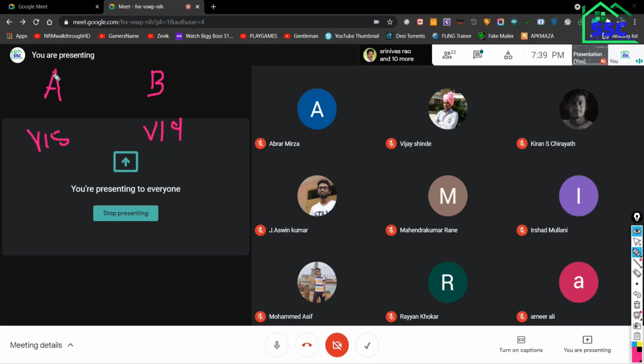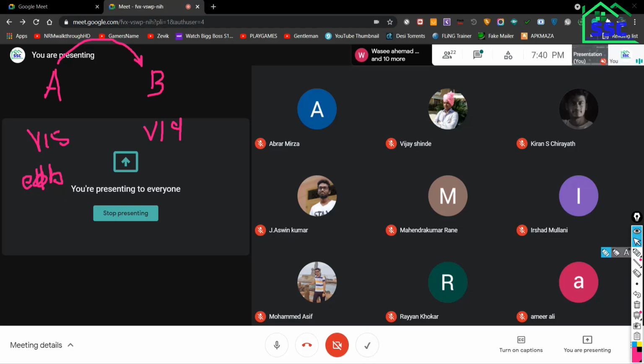Now person A has to share the file with person B, and the version difference is there. If the 2015 version file is sent to the 2019 version, what will happen? Person B will not be able to directly open that model file. If person A sends the EDB model file to the second person using version 2019 of ETAP, this person will not be able to open that file.